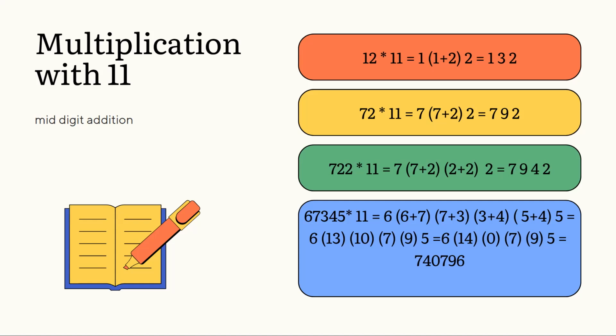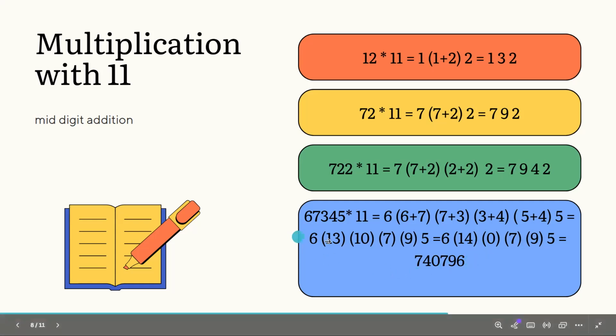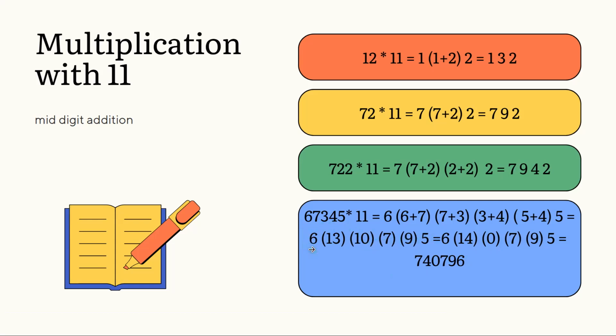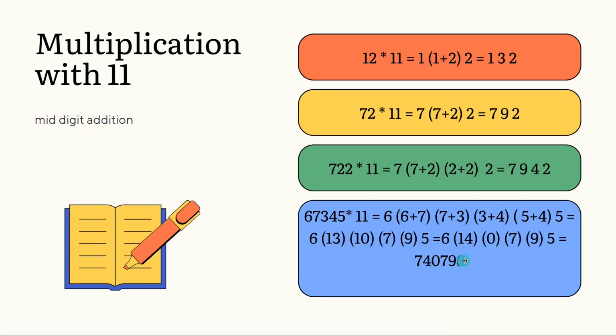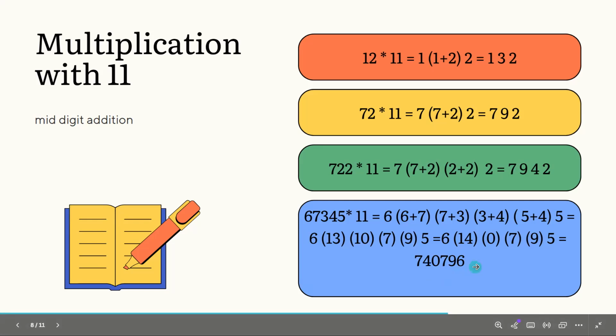So I can do the mental calculation like, okay, 6, 7, 13, and because you have to remember all of this, right? 6, 13, 10, 7, 9, 5. You have to visualize all of this and remember all of this, which is not easy, right? But once you practice, you will get the hang of it, right? So here, 6, 14, 0, 7, 9, 5, and then 1 would be added here. So it will be 7, 4, 0, 7, 9, 5. Sorry, it will be 7, 9, 5. Mistakenly, it has been written 6, so just ignore this. It will be 7, 9, 5, right? Moving on,